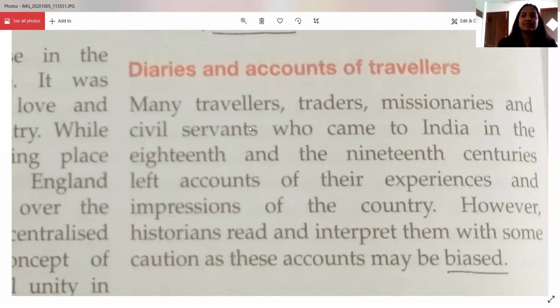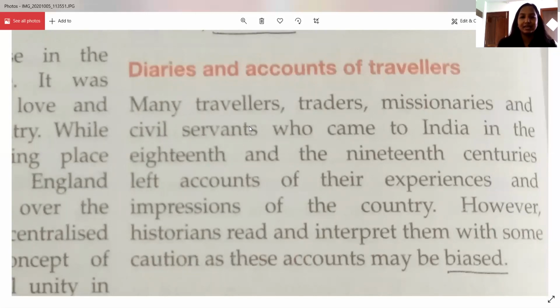We all know that there were a lot of travelers who were visiting India and they came to India and they wrote down whatever they saw. Hence, there are a lot of diaries and accounts of such travelers or traders, missionaries, and civil servants who came to India, right? Now, all these people wrote down it in their diaries or made some records,